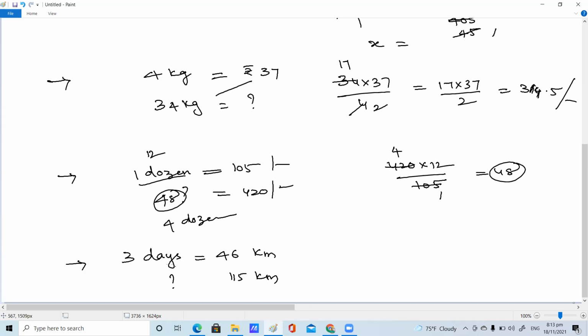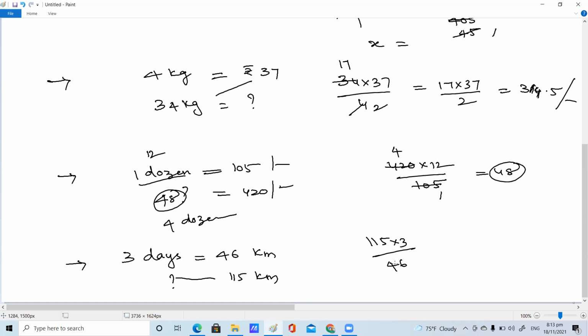Yes. 115 kilometers. In how many days will he cover? If he walks at uniform speed, children, he is not taking more speed. The condition is given. He is traveling with the same uniform speed. Very good. Come on, children. Take the unknown thing as x. Whatever known things, you just multiply 115 with 3 by 46. So here, which table can you cancel?